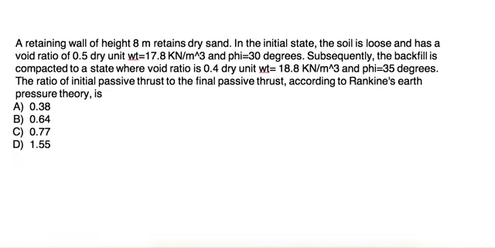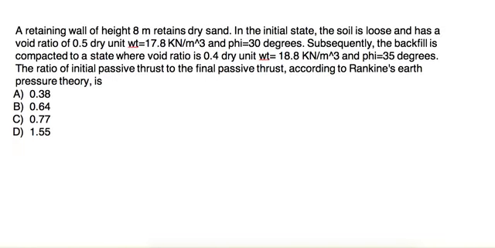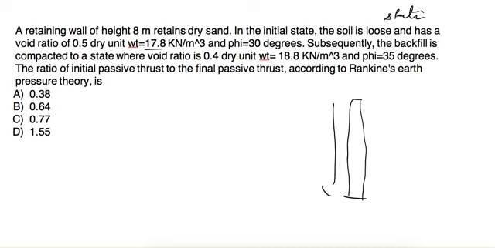After that, next is a retaining wall of height 8 meter that retains dry sand. In the initial state, the soil is in loose condition or loose state and has a void ratio of 0.5, dry unit weight as this. So this is an 8 meter high wall. What else is given? It is given as e1 is equal to 0.5, gamma 1 is equal to 17.8 kilonewton per meter cube,